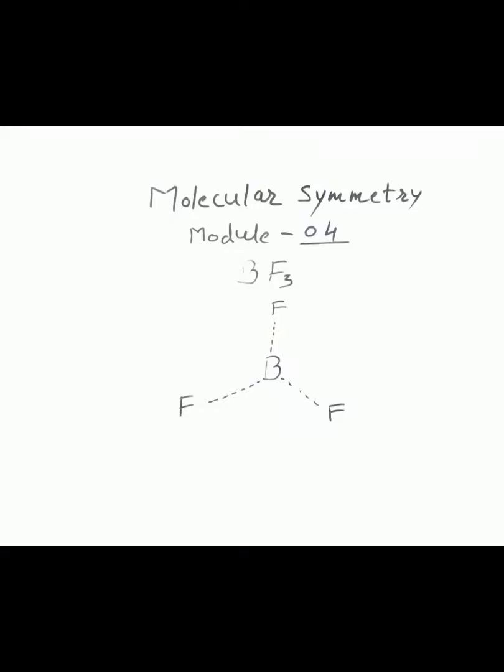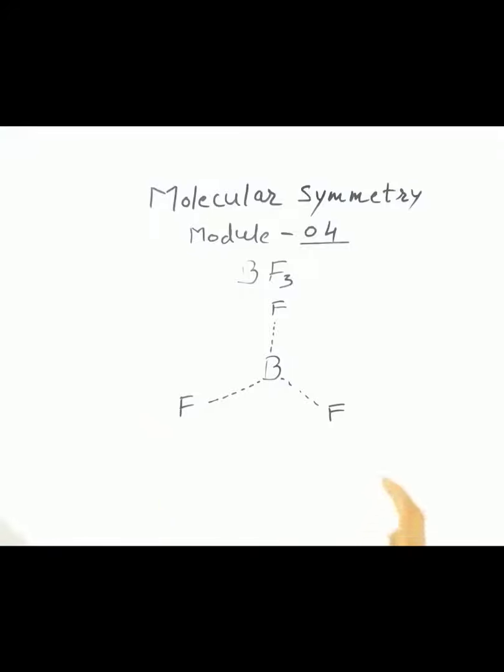Look at the next example for obtaining the plane of symmetry. Let's take the same example again as we took to find the rotational axis. Now in this molecule, of course we have seen the rotational axis earlier, but today we have to find the plane of symmetry. Means we have to find out whether this molecule contains a plane which can divide the molecule into two equal halves.